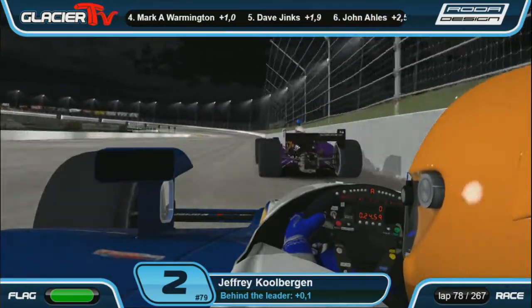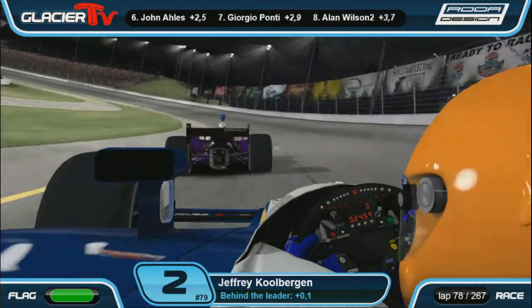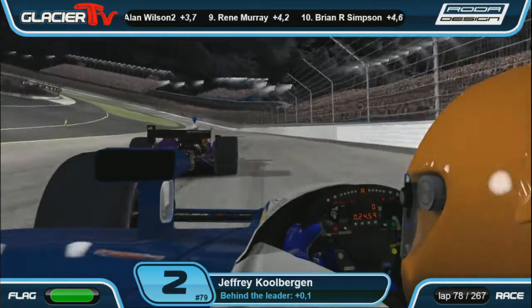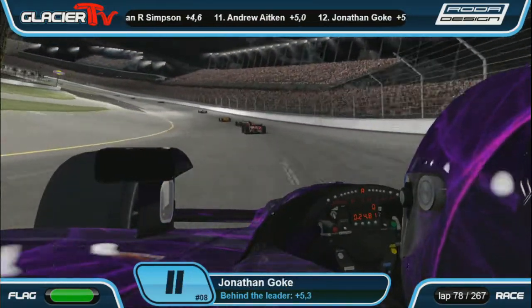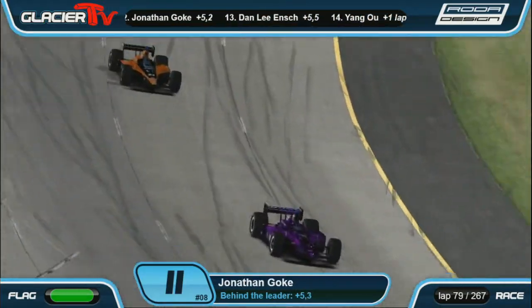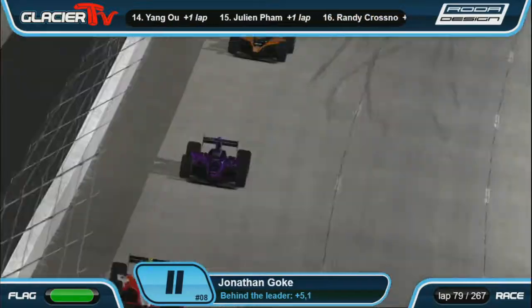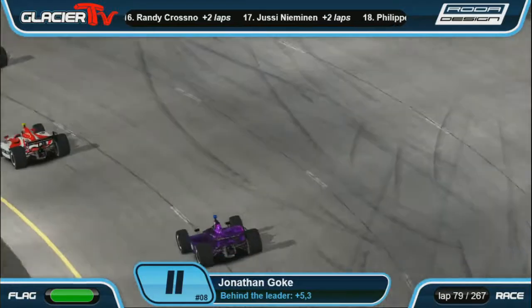Jonathan Goat in the number 08 machine. He got himself back onto the lead lap under that last caution. He is now up into the 11th spot, overtaking down the end Andrew Aitken. Aitken and Goat have their moments between each other. Not the best of friends on the racetrack, but Goat managed to get the job cleanly there on Aitken. Still pretty much side by side, but now Goat's managed to get the job done, get himself some clean air